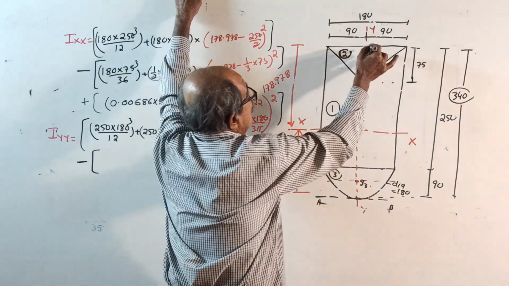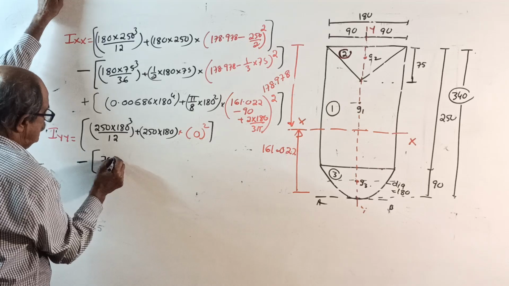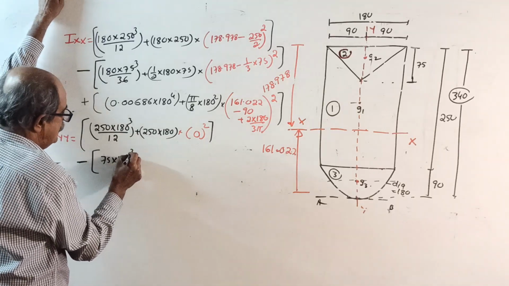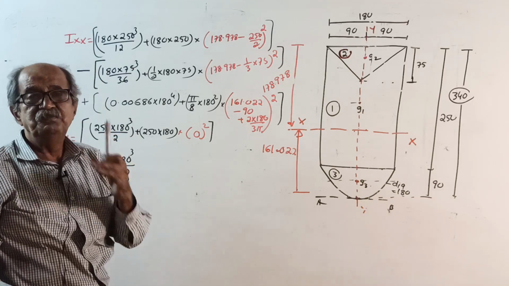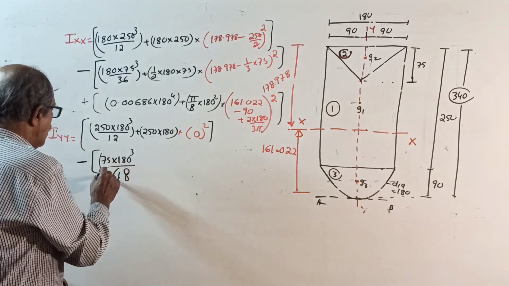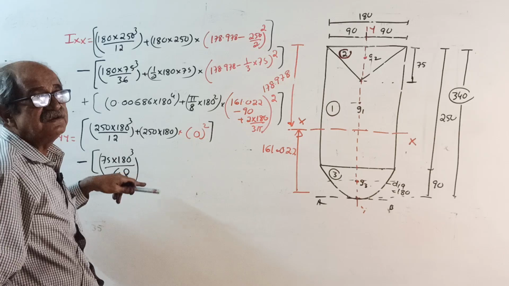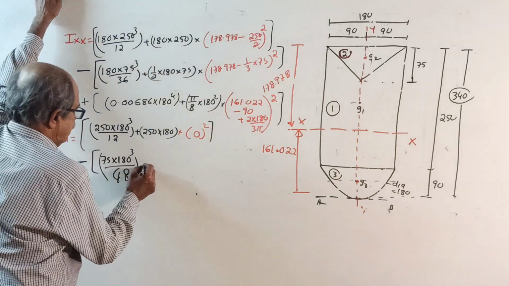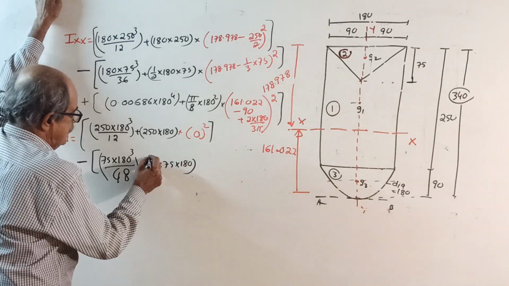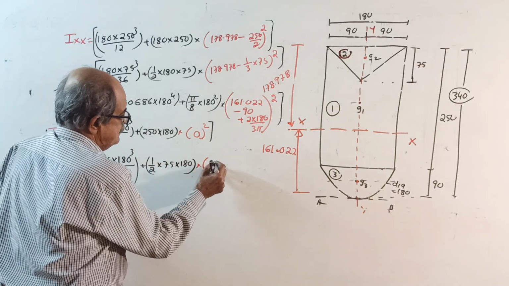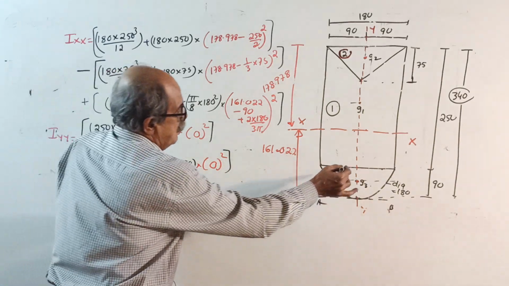I about yy for this triangle, minus outside. Iyy is 75 into 180 cube divided by 48. Why 48? If you do not know, better stop my class. After reaching this level, if you still got confusion, see, last time you put 36, sir, this time 48. Why? Just like that. Okay. Plus area, I should tell just like that. Half into 75 into 180 into, once again, 0 square for the second one. Last one, plus I about its own